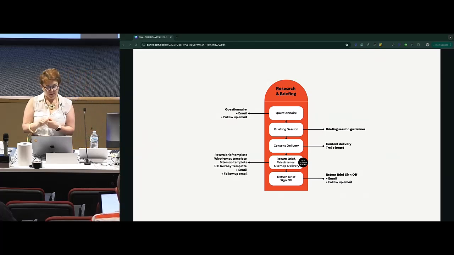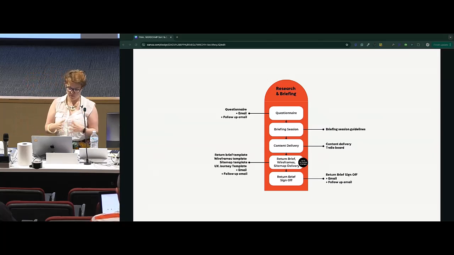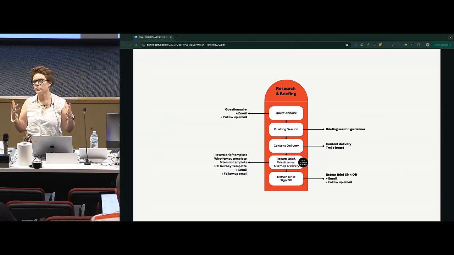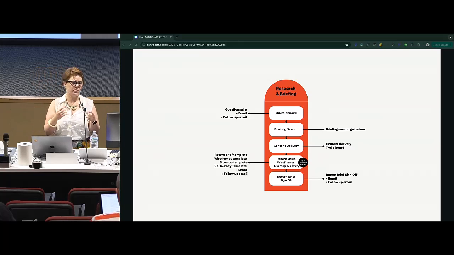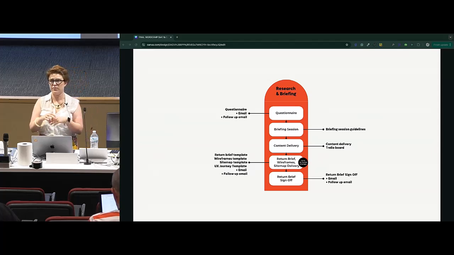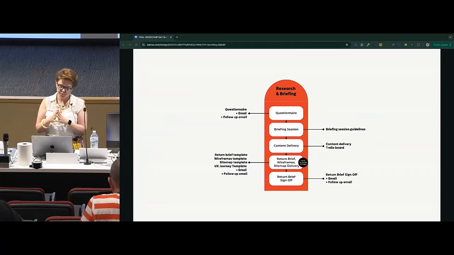While they are putting their content together, I am putting together my return brief. For the return brief, I have a bunch of different templates that I can use. As I said before, I only use a return brief for a larger website project. So I'm talking about e-com sites, membership sites, e-learning sites, that sort of thing. I generally won't do a complex return brief for a simple brochure site.